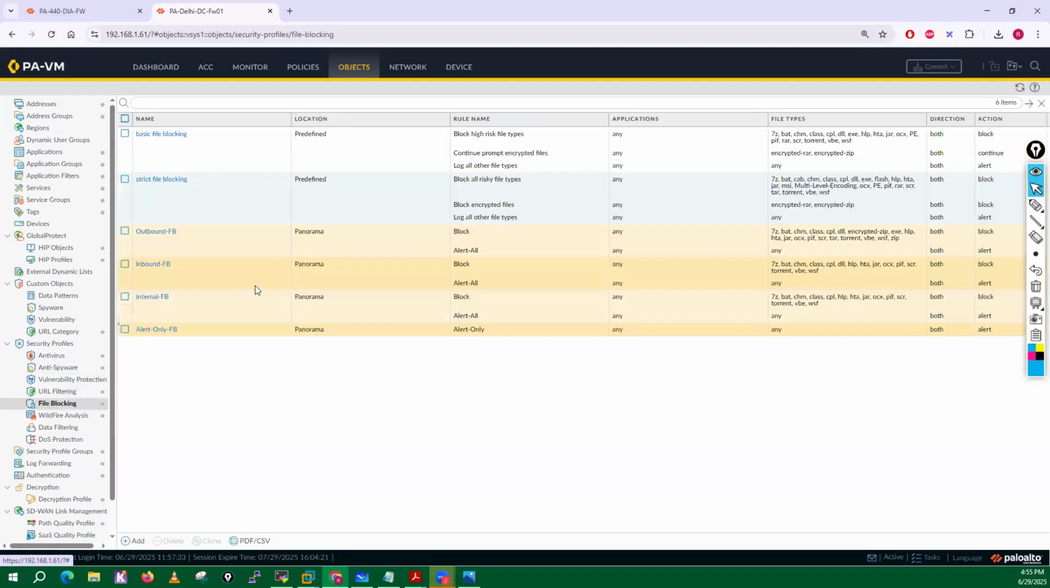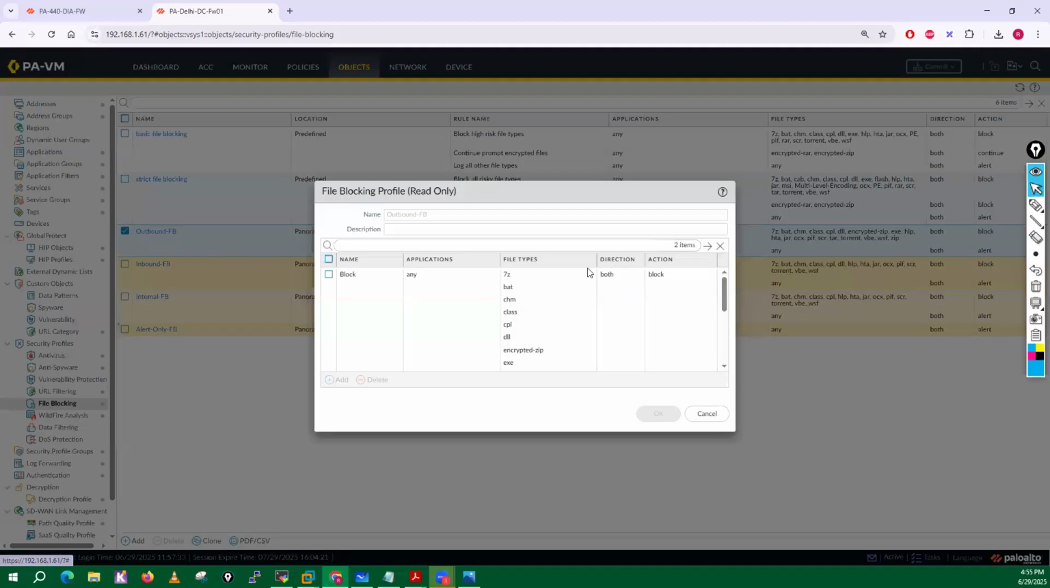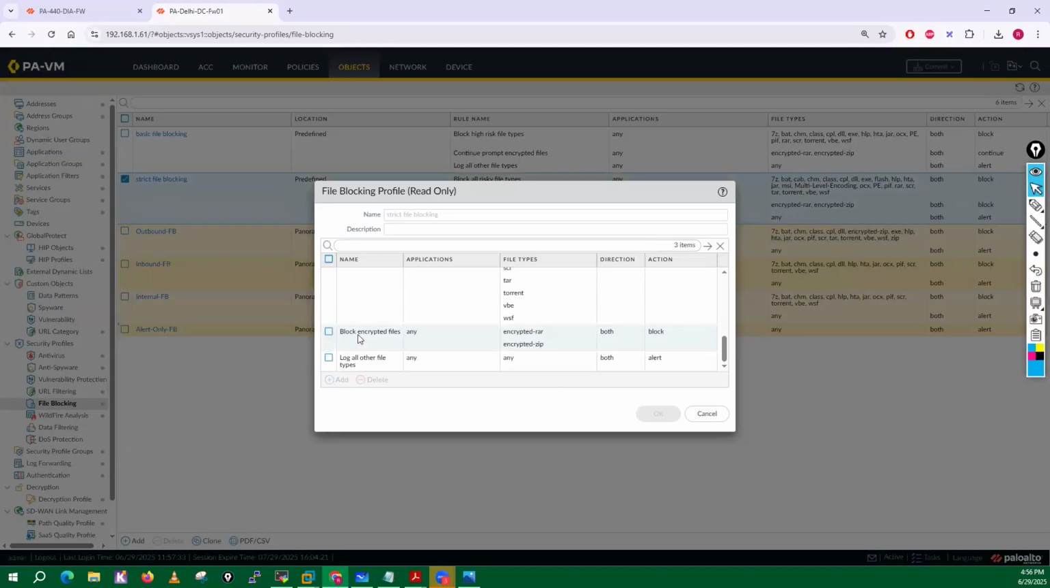In file blocking, you will see we create file blocking profiles. Now it supports 7-zip, bat, CHM, class, CPL, DLL, encrypted zip, EXE, HLP, HTA, jar, OCX, PIF, SCR, tar, torrent, WSF, GIF files, right? And the remaining files I'm just alerting, but it does have other files as well. If I go here, I will not be able to modify this one because it came from Panorama. If I go here,